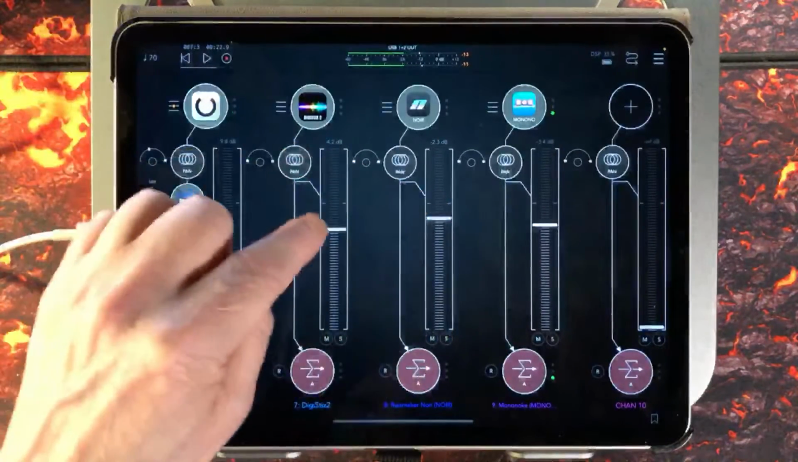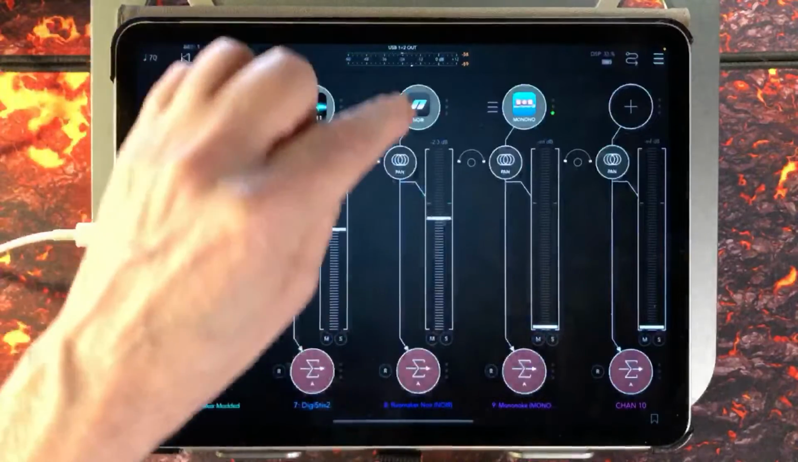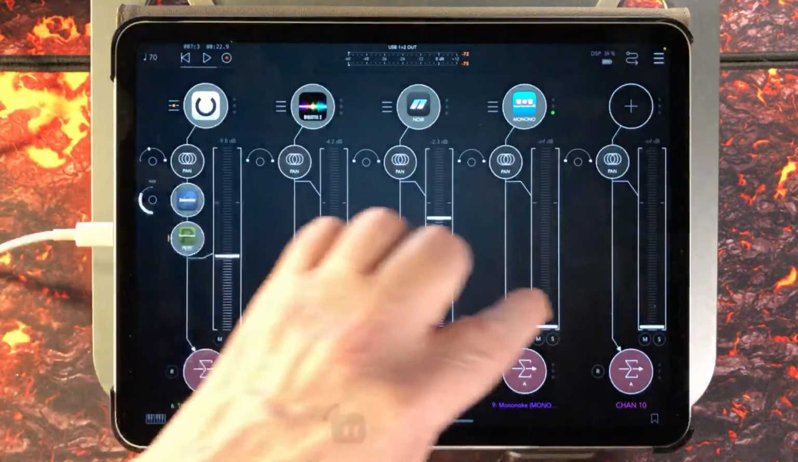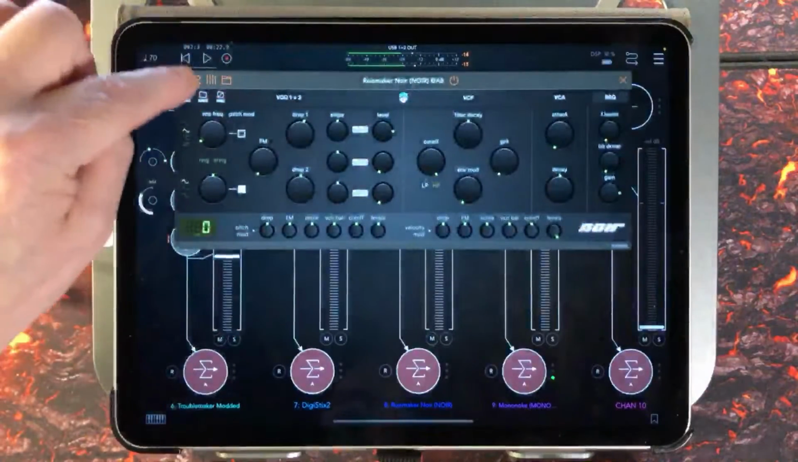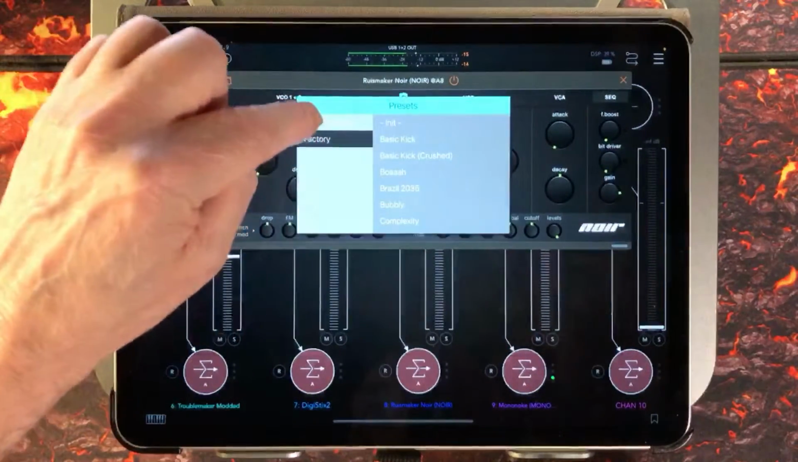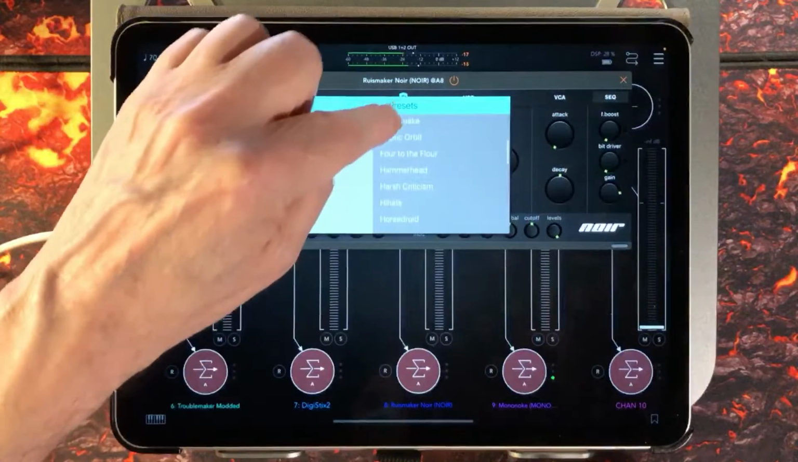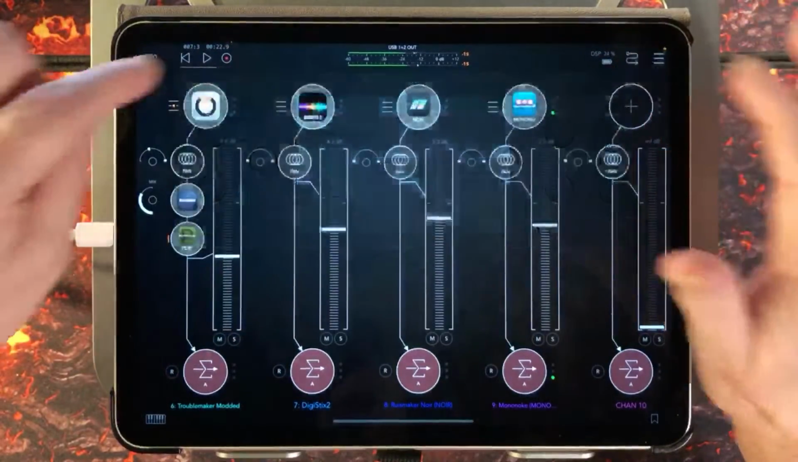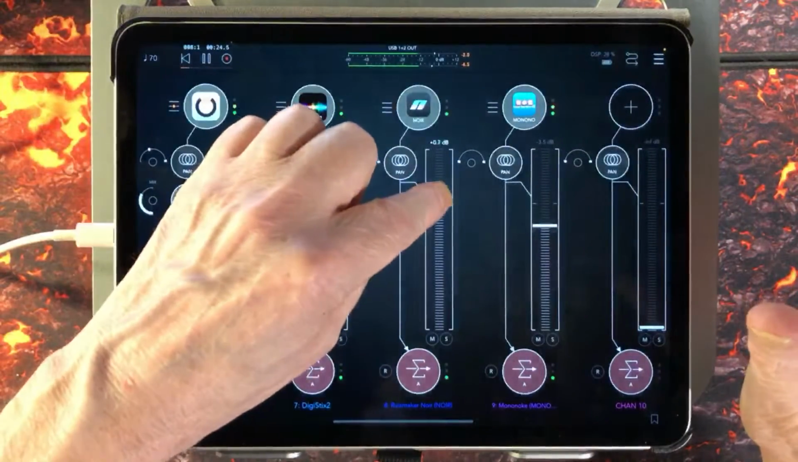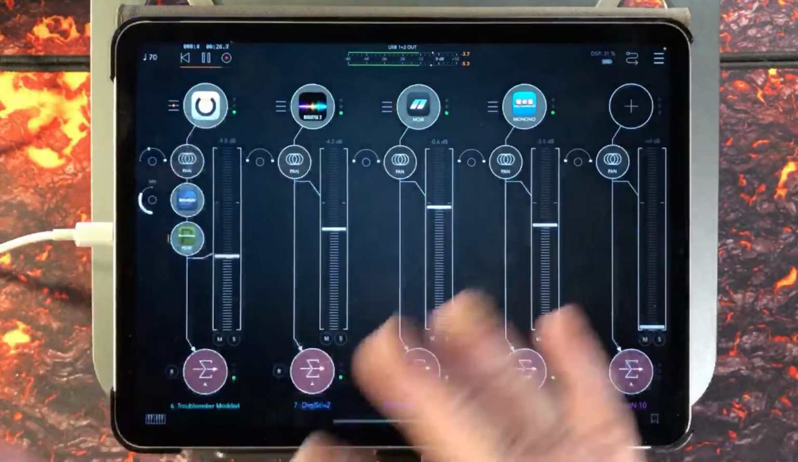Do the same with Noir. I'm going to get Noir going, and in fact we'll just get this with some, I'm going to go with factory and hi-hats, and just kind of, now I'm going to go and find out